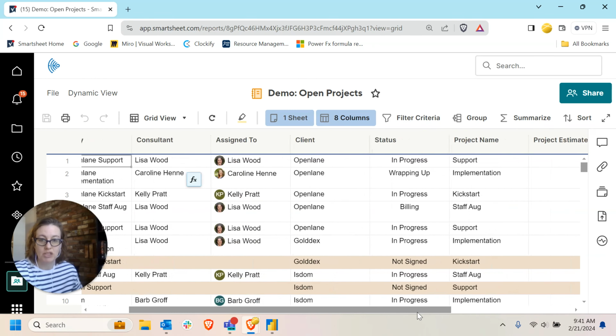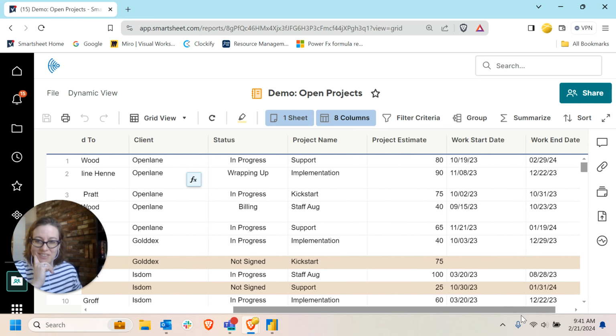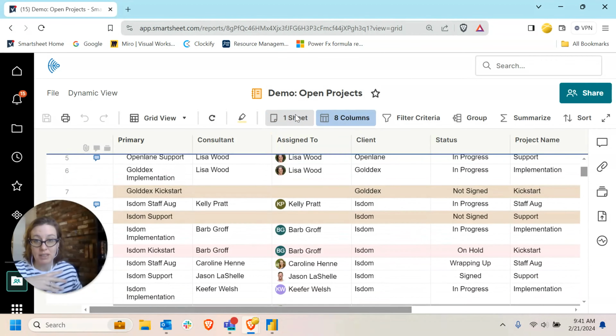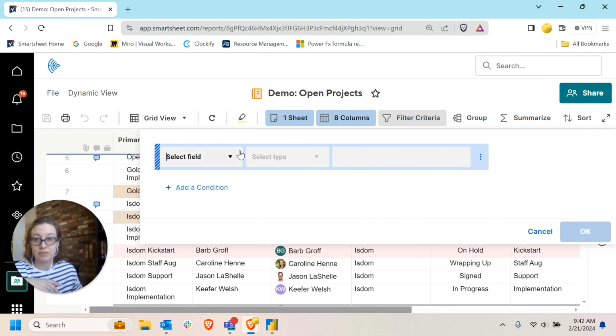I'm not going to talk today much about how you make Smartsheet reports, but we've got lots of other videos on our Echo channel if you'd like some tips on creating reports in Smartsheet. But this is a pretty simple report. The main criteria that I've done, I'm pulling in my data from my project list. I'm just going to filter it